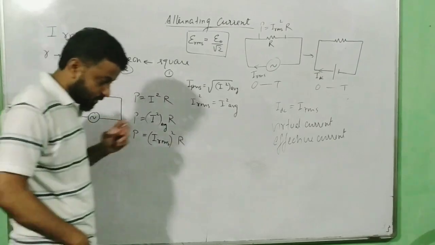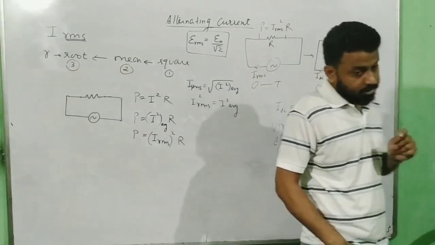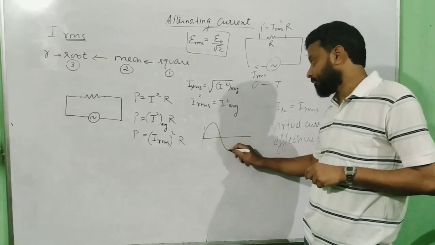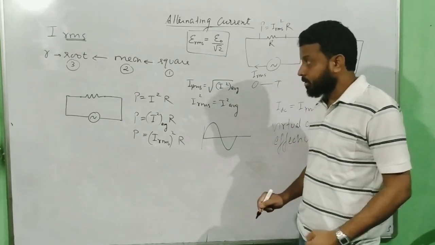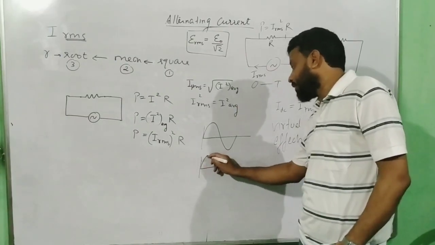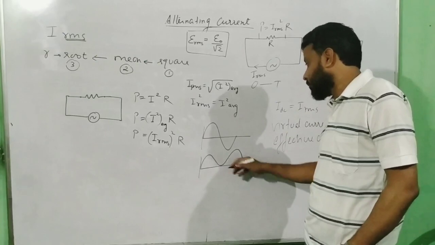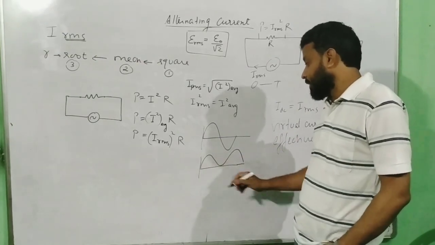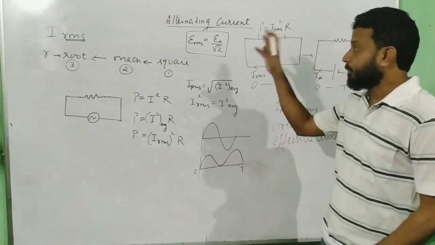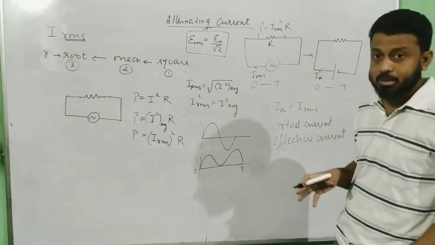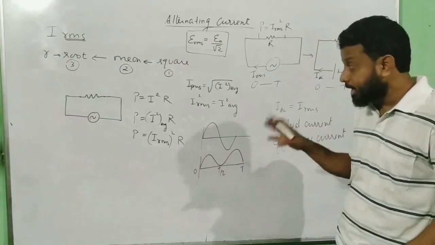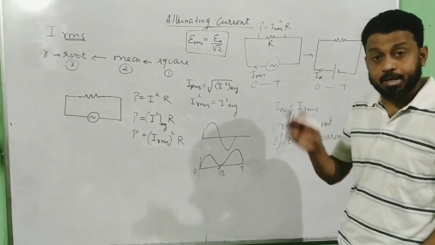Here, just make a note. This is very important. It could be for entrance purposes or for any interview purpose. We have just found the RMS current over a full cycle. So we have to square it, correct? After squaring it, it looks like this. So we found it over the entire cycle 0 to t. Trust me, if you find the RMS current over a half cycle also, you will get the same result.